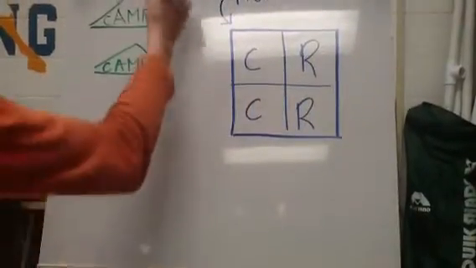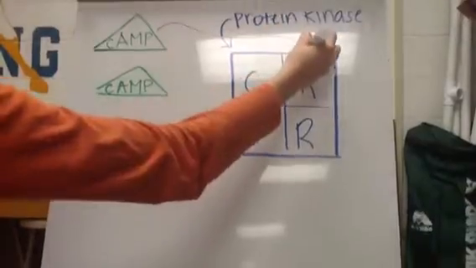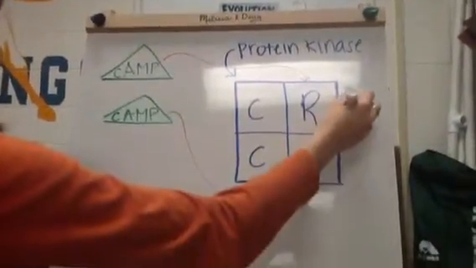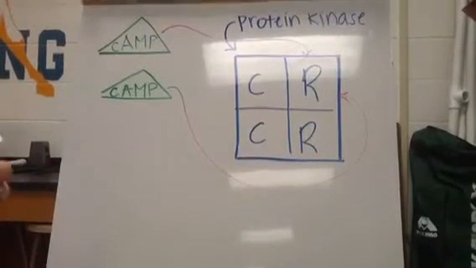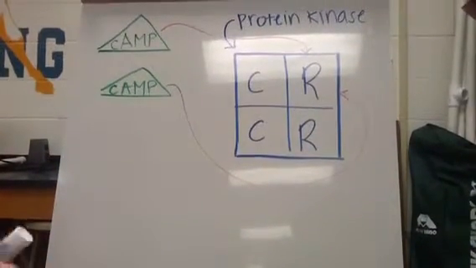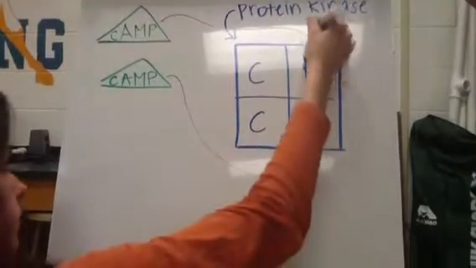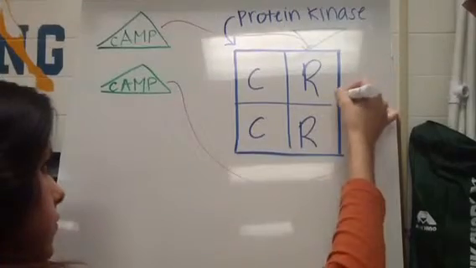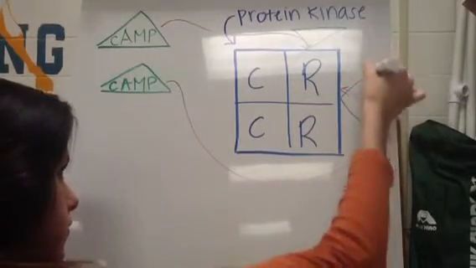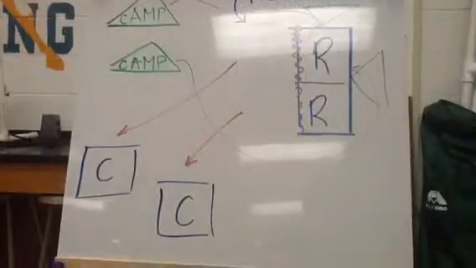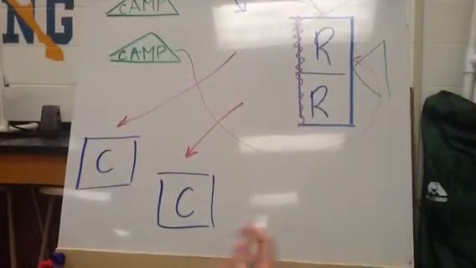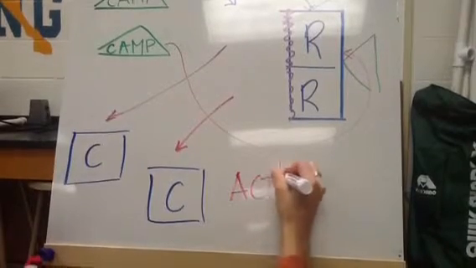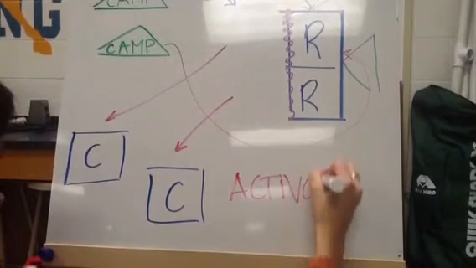The newly created cAMP only has 1 phosphate group, which is why we call it cyclic monophosphate. As we move further into the cell, we can see a protein kinase. This protein kinase is made up of a catalytic and regulatory portion. The cyclic AMP, or cAMP, binds onto the regulatory portion of the protein kinase,